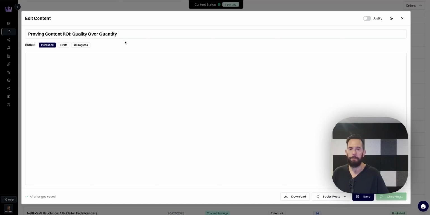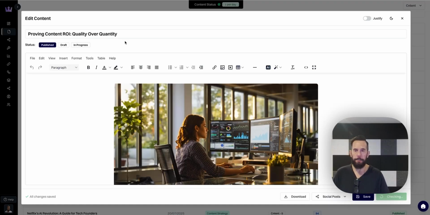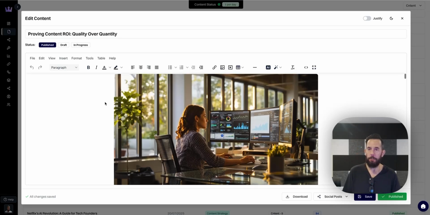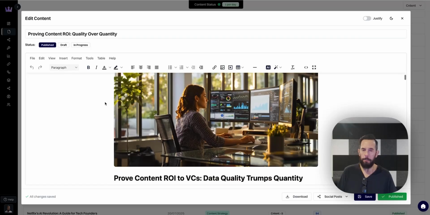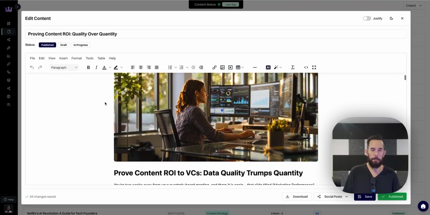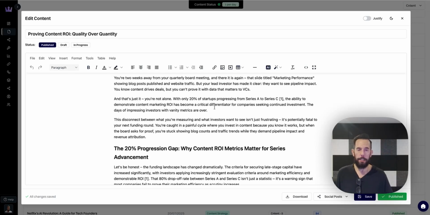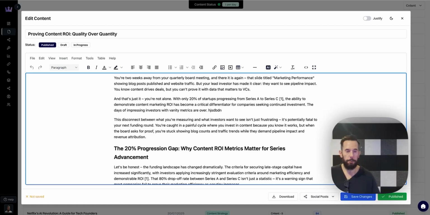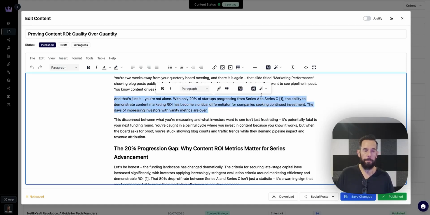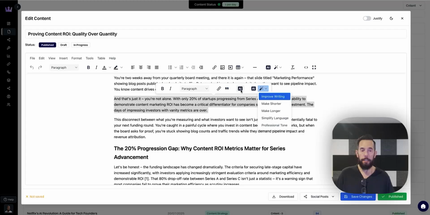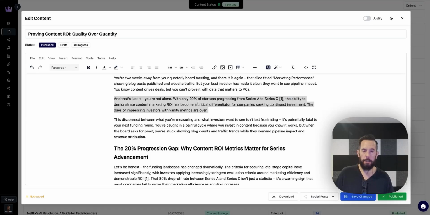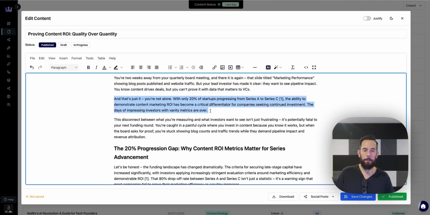So if we open one up, we can see inside here we have pretty much a world-class editor, which has got everything that you'd expect from something like Microsoft Word, or even kind of beyond the level of that really. So we have this instance here, there's an image at the top, and then we have the actual content itself, and you can just edit away as you would like to. And when you've done that, you save it, or you can hover and improve with AI, or give AI a very clear instruction directly, and that will then,